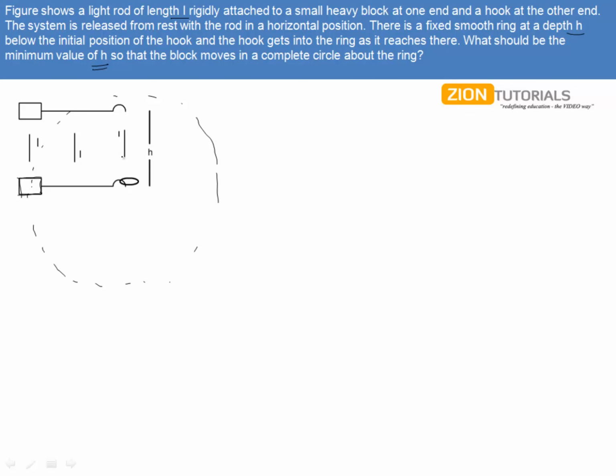That is, you will be employing conditions like this: it should be able to cross the highest position, right? And you will be taking the velocity as 0 from there. As we have done in the previous problems, you will simply work out the minimum velocity required. If we take this highest point to be A, then the minimum velocity at A gives V minimum equal to under root 2GL, right?